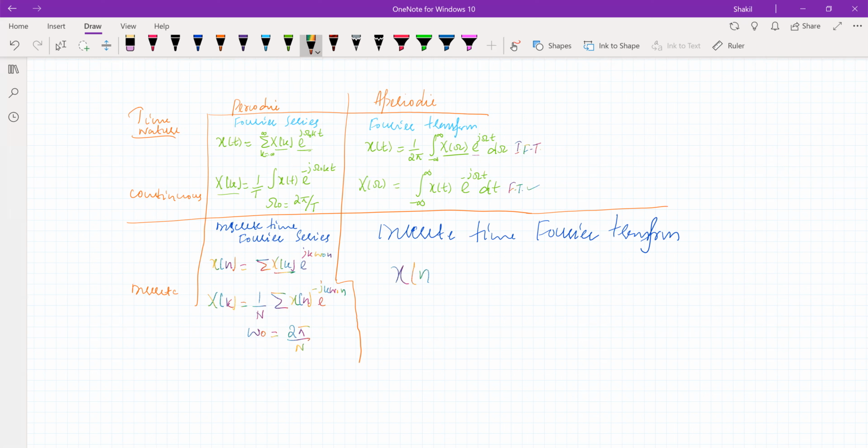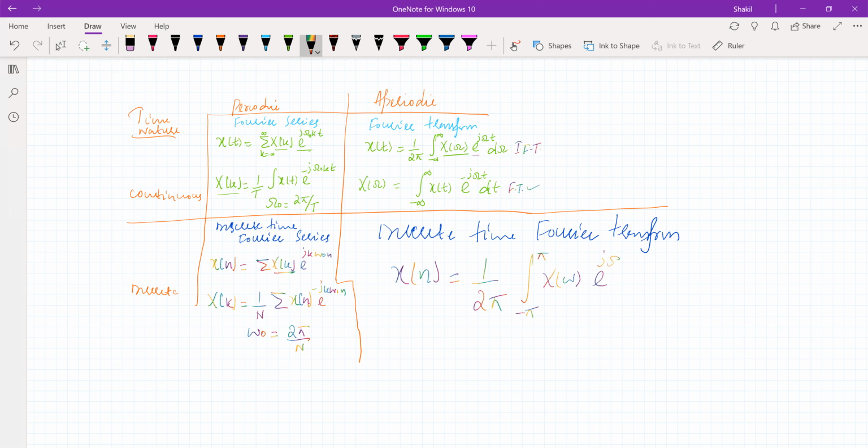X of n is given by 1 by 2 pi, integral from minus pi to pi. If you remember, the frequency variation of a discrete time signal is from minus pi to pi. Sorry, this is a different omega, so we should use x of omega, e raised to the power